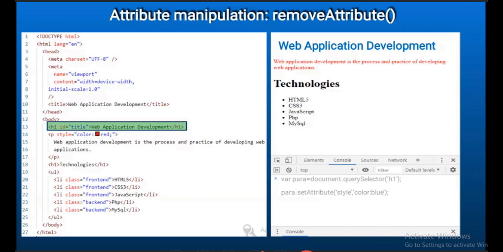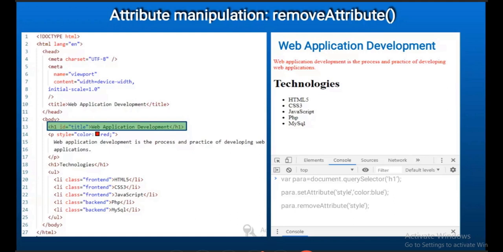Then you can observe what happened. Web application development turned blue because dynamically we added a style attribute to it. So we manipulated that style attribute to set it to blue.